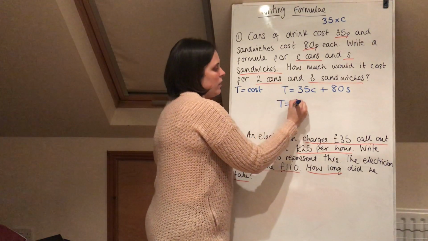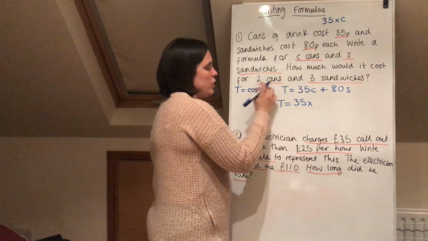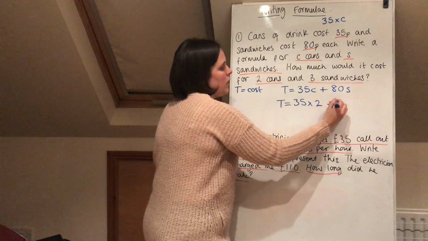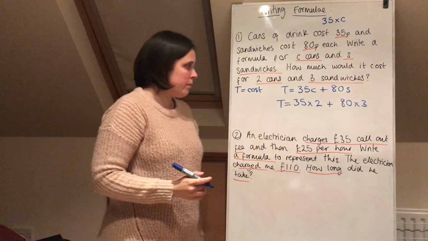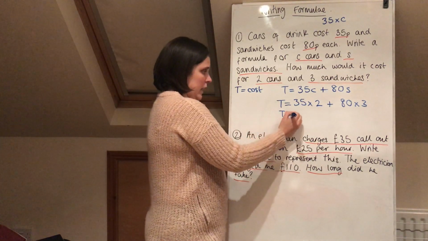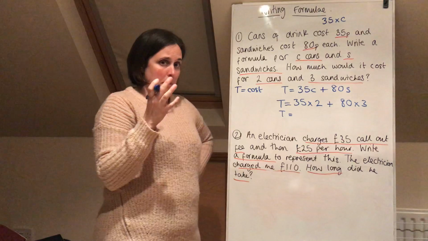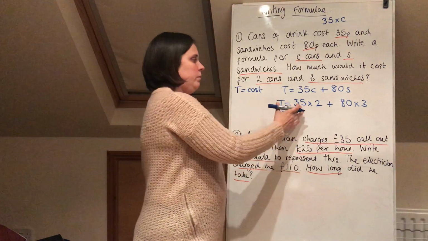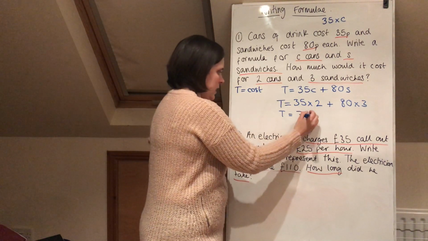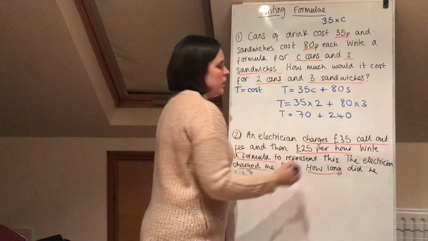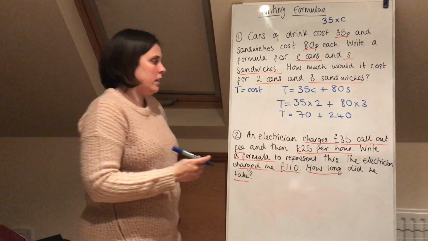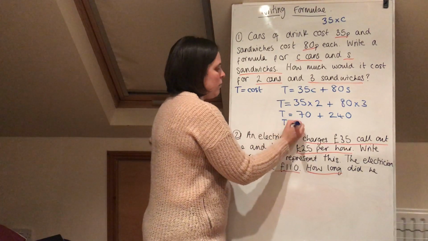So we write 35 times by 2 because we've got 2 cans, plus 80 times by 3 because we've got 3 sandwiches. And then we just work out what that is. 35 times 2, remembering to use BIDMAS, 35 times 2 is 70, 80 times 3 is 240, okay? And then we add those two numbers together and we get